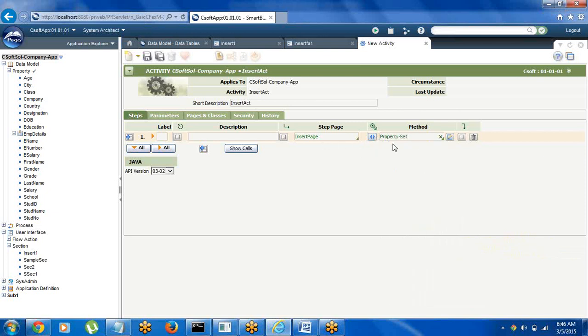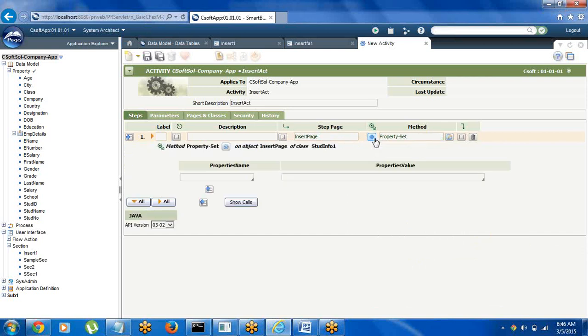Now we have to configure this thing. Expand this method. Left side you will find an arrow. Expand that method. Some parameters will be there, and we need to fill these things. And for which properties we are saving the data, we have to include all the property names and property values. And one more thing, whenever you use the property set method, you observe every time the property name will be there in the database. See here,